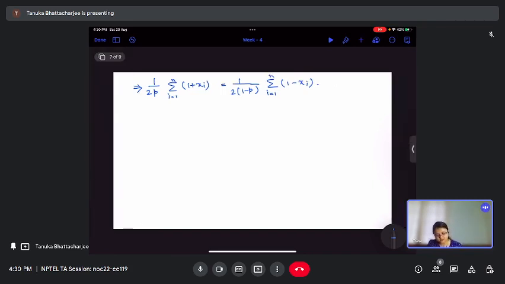We can simply cancel 2 from both sides and take 1 minus p on this side. So that will become